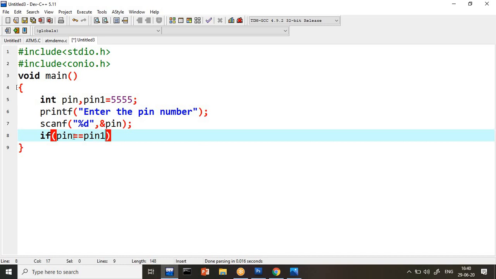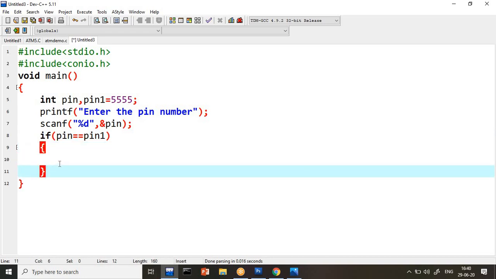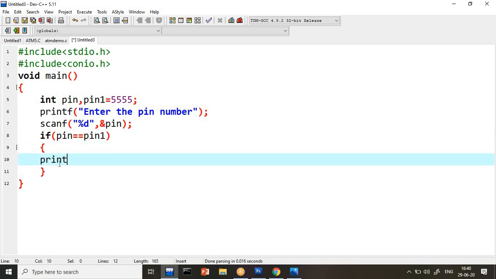Equals to stand for what? Comparison. If both are same, it will return the true value. If true, I have to write something here. So just dummy message I will write here, printf welcome to PR Softwares Bank. Just I am giving guys our name, PR Software's Bank. We can give any name. So now here,